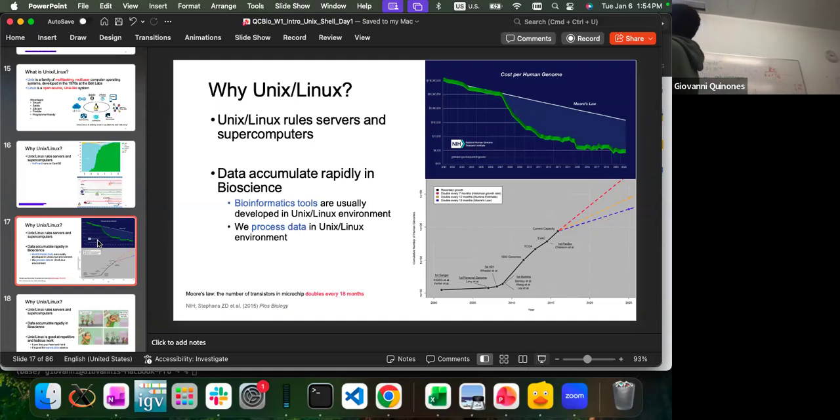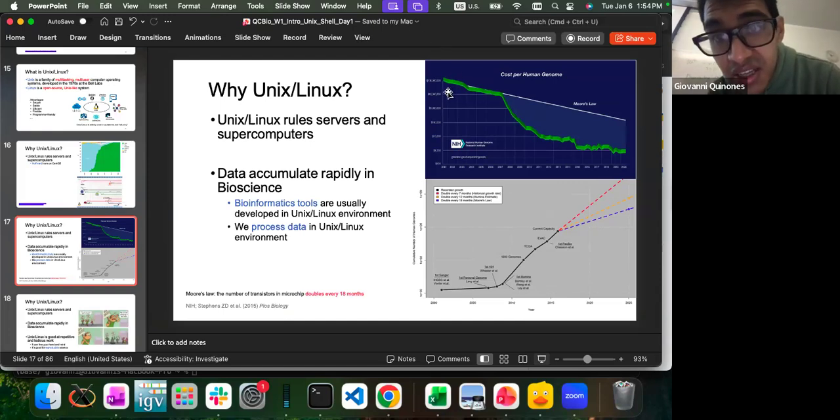Here we have the cost of sequencing a human genome. As you know, the Human Genome Project was completed in 2003 or so, and it cost something like $1 billion. Here I can see clearly, but maybe several billions of dollars to sequence the first human genome.